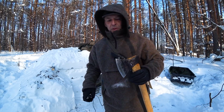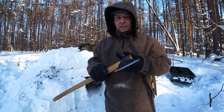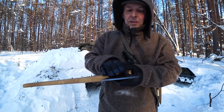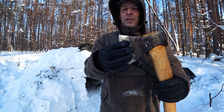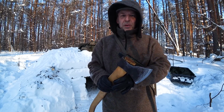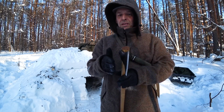Well, here we have the funky part. I modified this old Soviet axe to how they make their axes. You can see it's only sharpened on this side. It's a little bit roundish, and it's completely flat over here. This is for a right-handed user. It's a little bit opposite of what their knives are, but for a right-handed user, the edge should be on